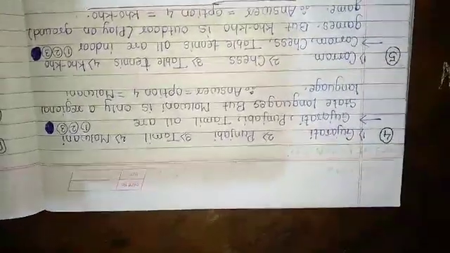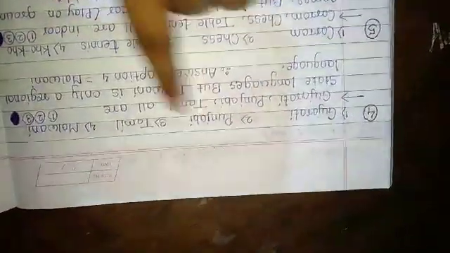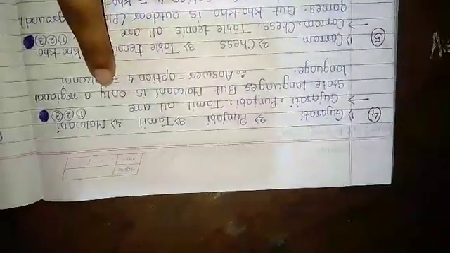But the state language of Maharashtra is Marathi. Malwani is only a regional language. It is only spoken in some parts of Maharashtra. In the Konkan region, only Malwani is spoken. But Gujarati, Punjabi, and Tamil are all state languages. But Malwani is not a state language.